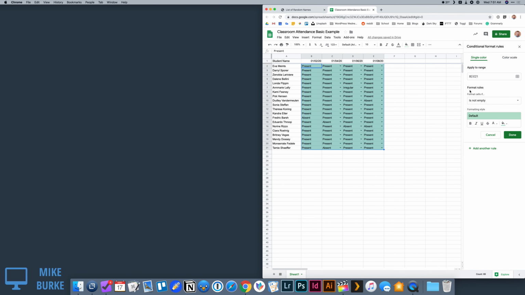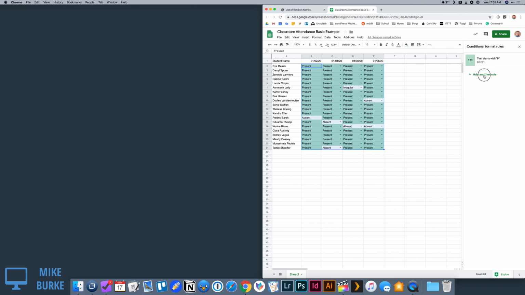And so what I want to do is say format a cell which text starts with the letter P. I can do this a couple different ways in here, but this is the fastest way of doing it, in my opinion. So the text starts with P and say that's good. Format, I want it to be green. It's good when students show up to school. That's great. So if a text starts with P in any of these cells, it's going to mark it as green.